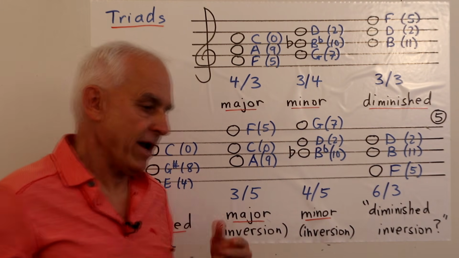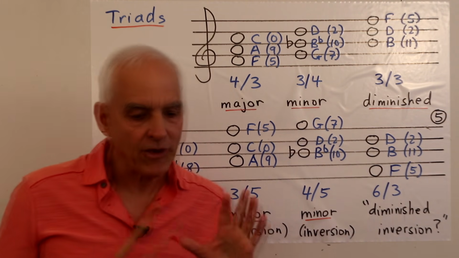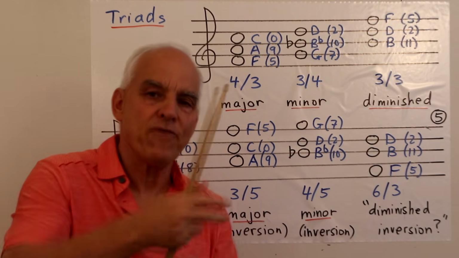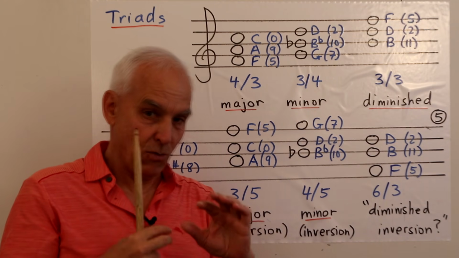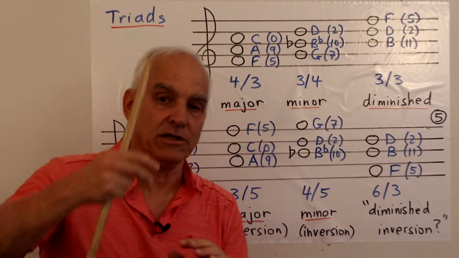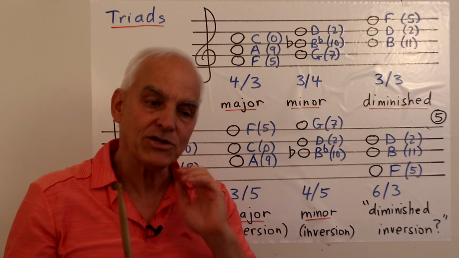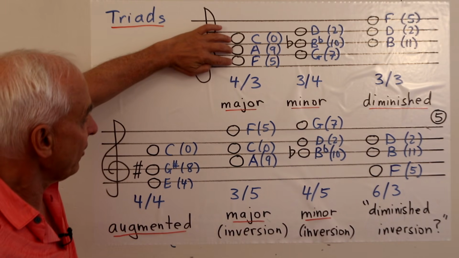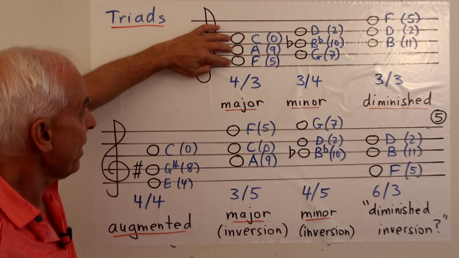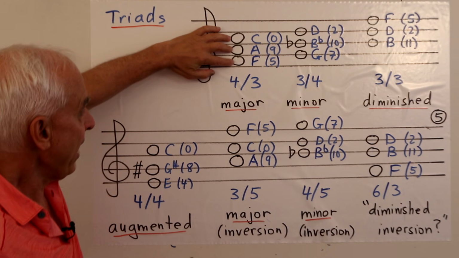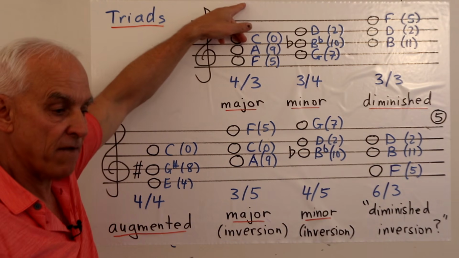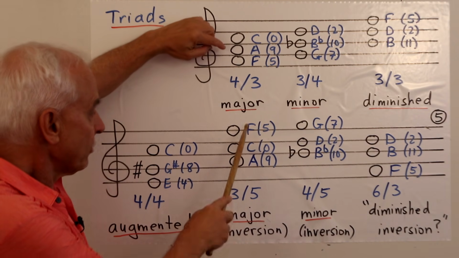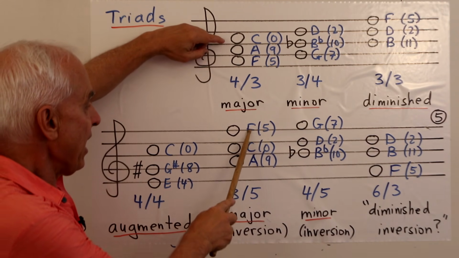Now, the world of triads, however, is a little bit more complicated because we can take any one of these triads and we can move the notes around by replacing any one of the notes with another note, say an octave above or below it. So this leads to the idea of an inversion of a chord. So for example, if we take this chord here, I guess it's an F major chord, and we take that bottom note F, and we replace it with the F which is one octave above, which happens to be that one there, okay? Then we get another triad with notes A, C, and F.